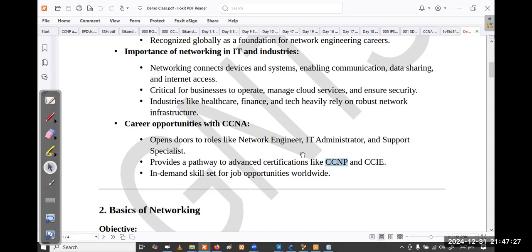Otherwise, if you are not doing CCNA, you can straight away go for CCNP Encore, that is $400, and for the concentration exam I showed you, that is $300, right? So if you want to pass CCNP, you have to spend $700 altogether. Correct? Do you have any questions, guys?